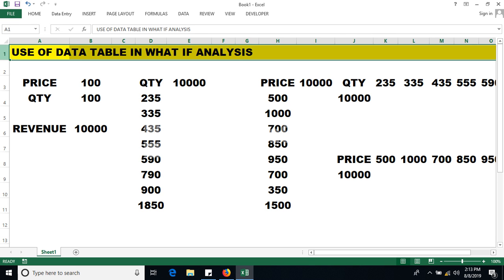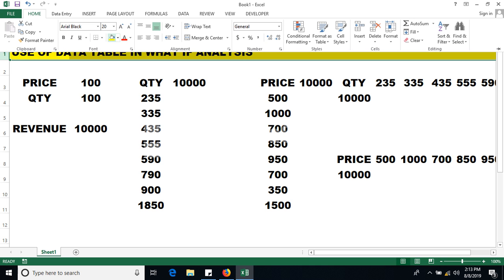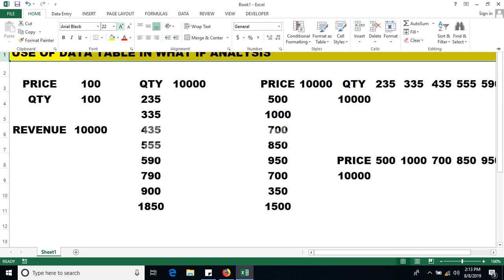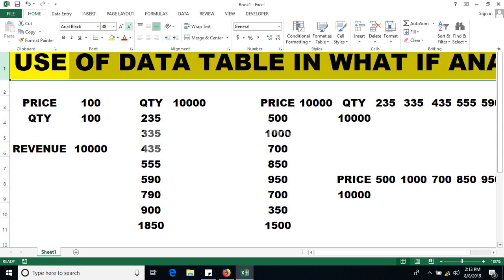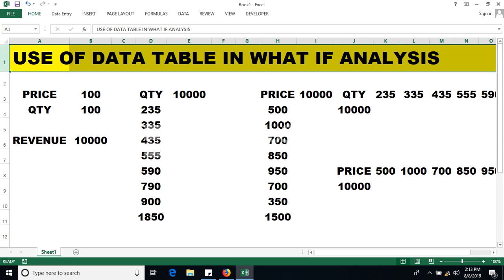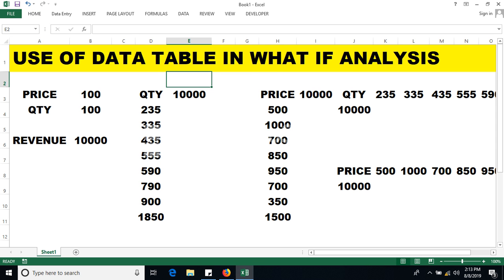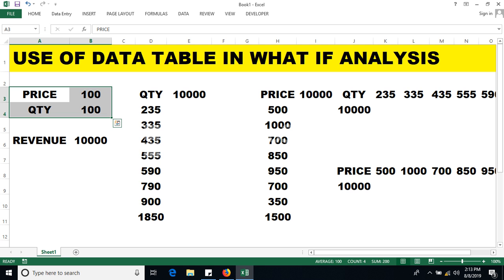In this video we will learn the use of data table that is present under what if analysis. This is a feature of what if analysis. Suppose we have price and quantity, and we multiply both price and quantity. Now what I want